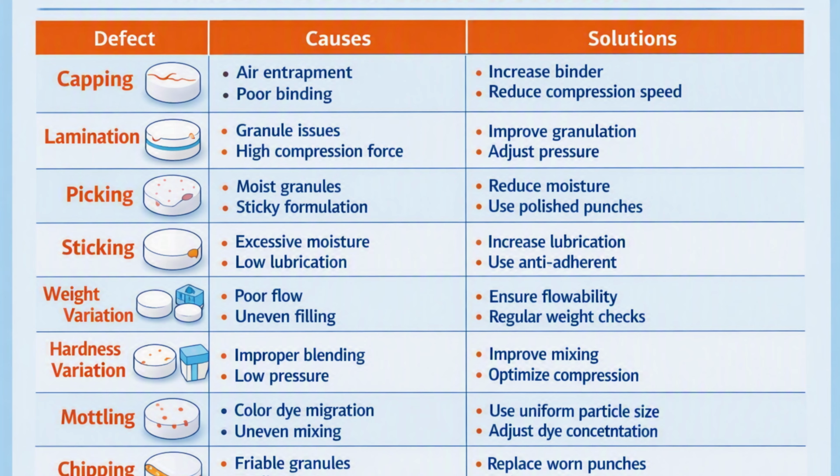Then finally, chipping. Chipping is when the complete tablet is punched and sent out for the manufacturing process, but the friability of the granules and the friability of the tablet punching are poorly qualified. This results in corner cracks or powder dispensing from the corner or either side of the tablet. This results from the friable granule texture and also the tool weight.